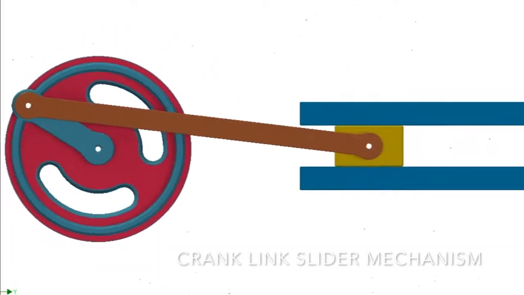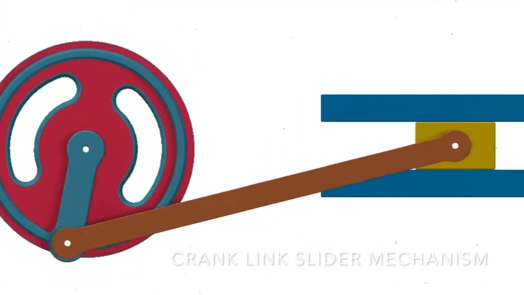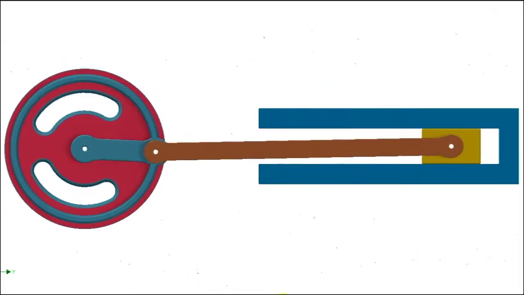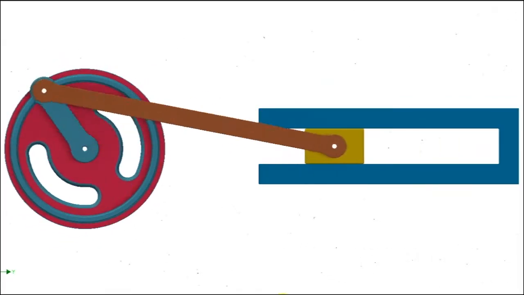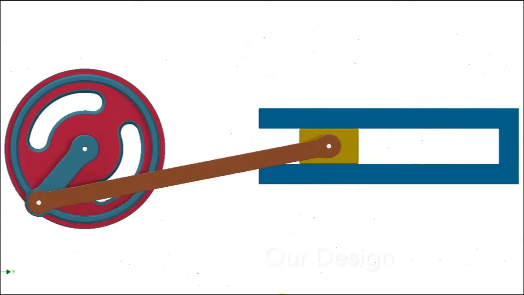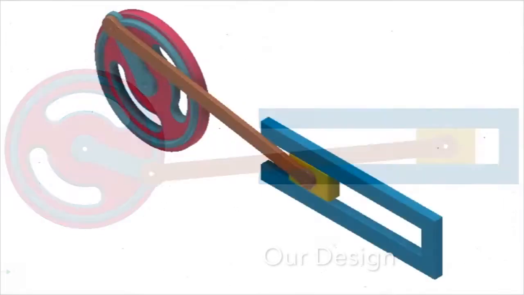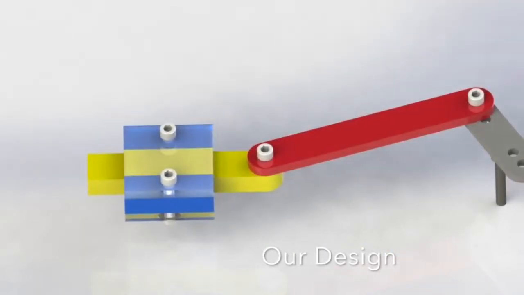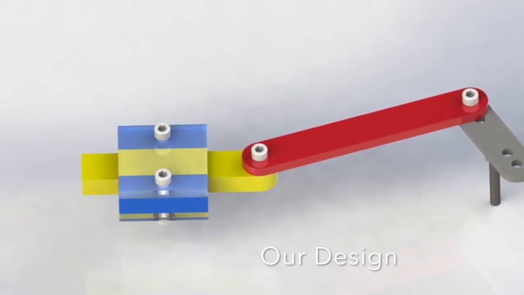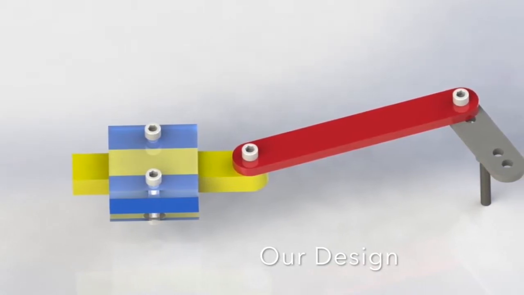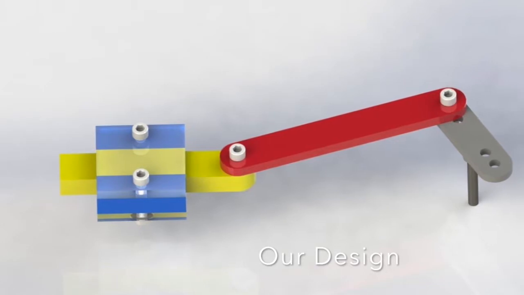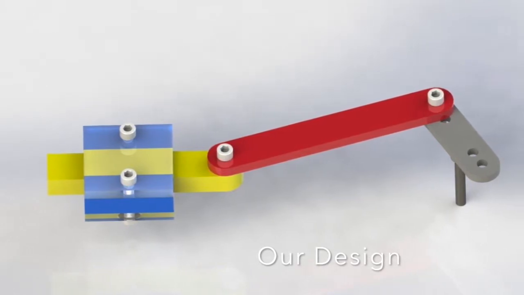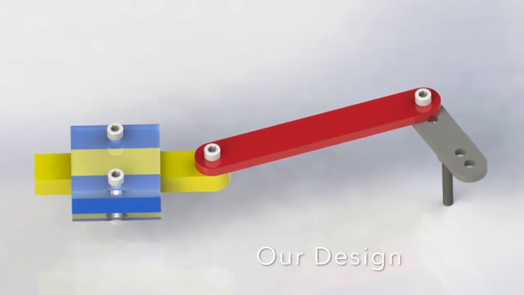Rotational motion to linear motion. So when we were brainstorming different ideas and designs, the first thing that came to mind was the 201 Stirling engine, which essentially had a piston and a rotational motion that was controlling that. And very similar to that, we came up with the crank, link, and slider design, which, as pictured, basically